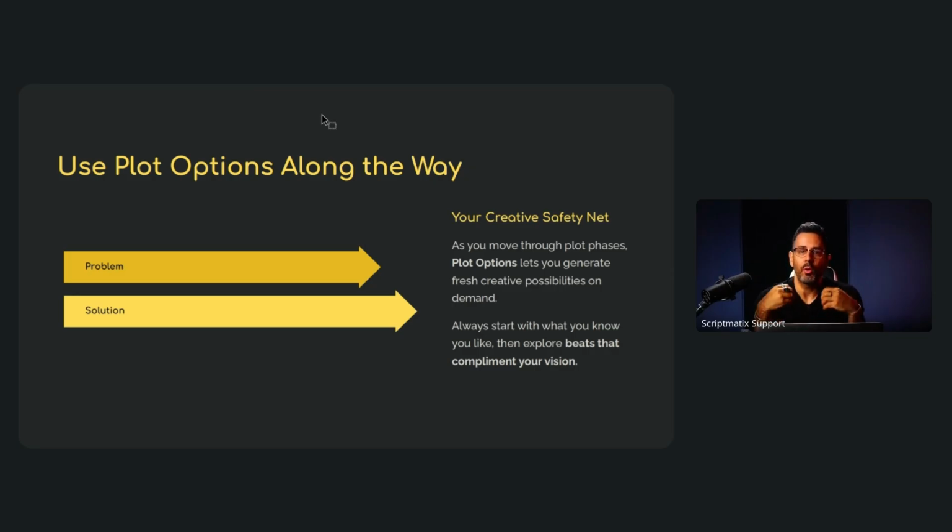It lets you generate fresh creative possibilities on demand as you go. So the best way to use it, honestly, is not to start from nothing, even though you totally could, right? It's to start with what you already know that you like. Then use plot options to expand around that instinct, because now you're giving more intelligence to the system, saying, you know, this is really the direction I'm going with, and now we'll give you options that align with that